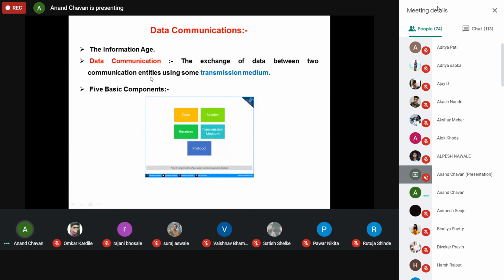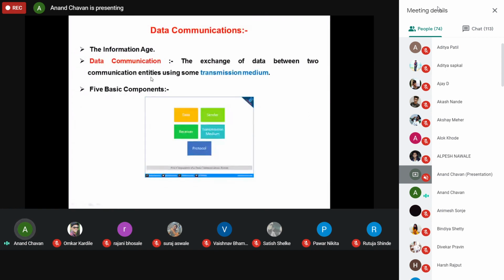We use it between the sender and the receiving side. That is nothing but data communication. For that, there are five basic components.